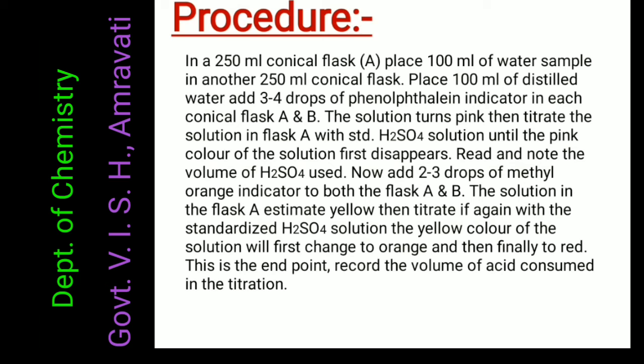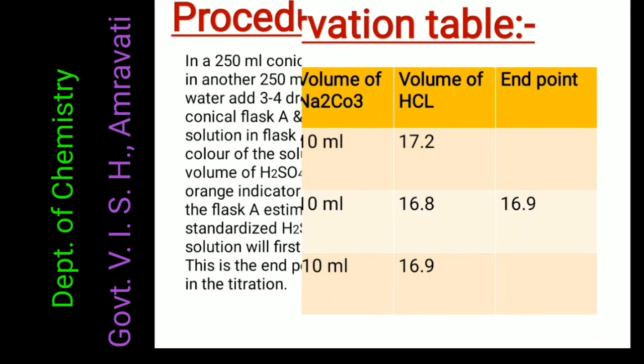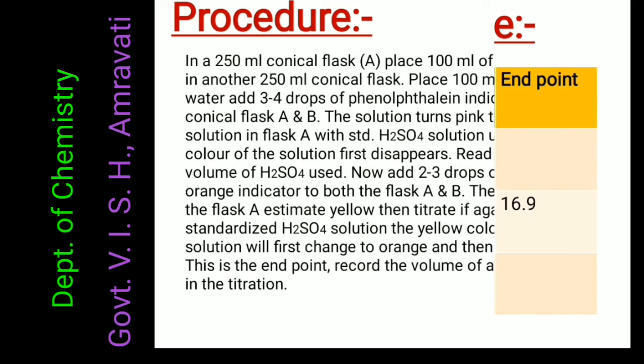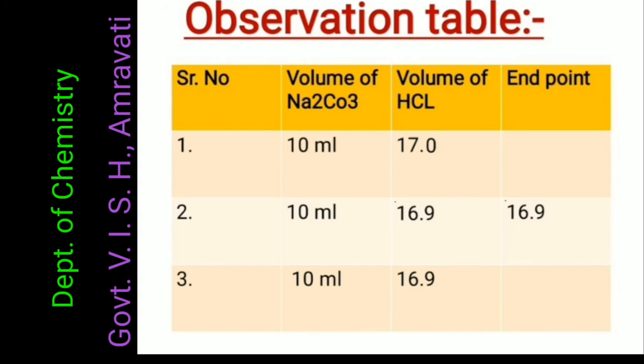After that, to the water in B, you add methyl orange indicator. With the methyl orange indicator, first of all the solution will become yellow. When you do the titration, putting H2SO4 drop by drop in the conical flask, it will become dark red in color, and that is the final result which you have to see and note as the endpoint. So this is the first table which you have done.